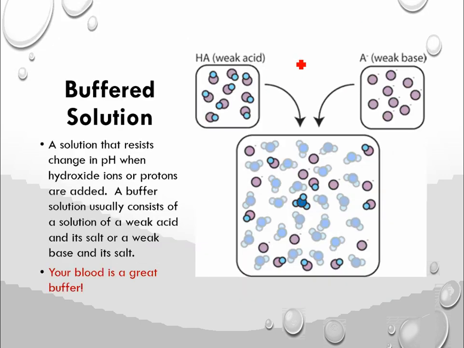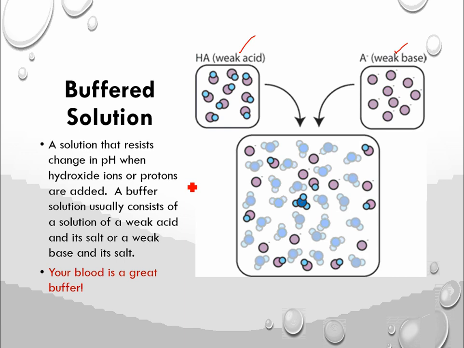So a buffered solution, what is it? What buffers? You hear it from high school students, and they say it like it's a bad word. Ultimately, what it is, is a solution of a weak acid, or you can make a basic buffer if you want, a weak acid and its conjugate base, here also listed as a weak base. A buffered solution is a solution that resists the change in pH when hydroxide ions or protons are added to the system. You can add acid to it, you can add base to it, and it will keep the pH relatively